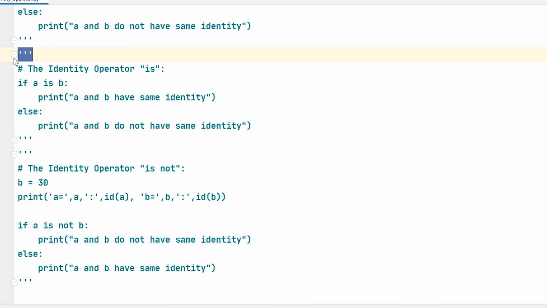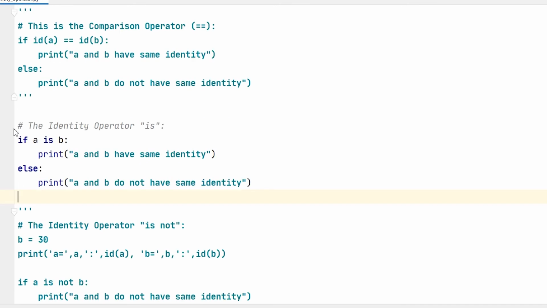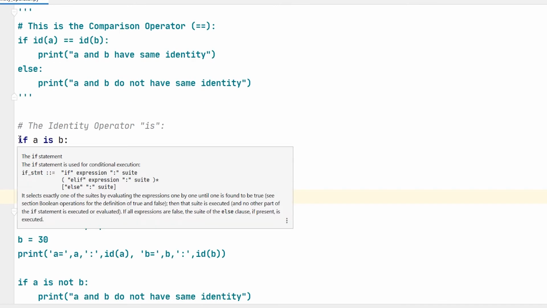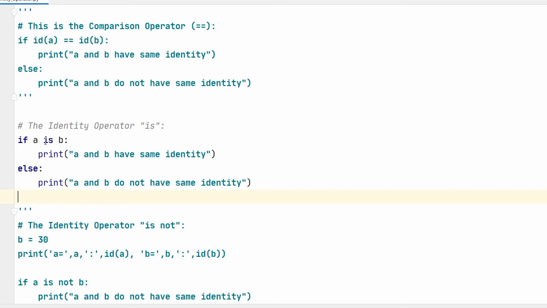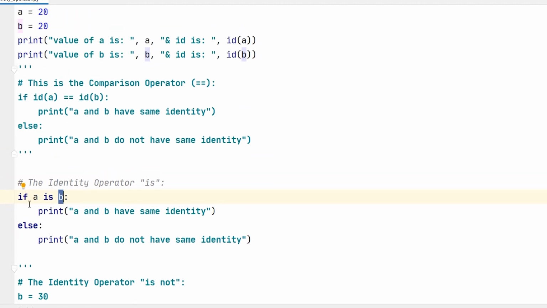Now I will show you how to use the identity operators. I will uncomment this section and here I am using the same if conditional statement. I am writing if a is b. So here is the identity operator, which checks the id of a and b, and in this case we need not write the id function in front of the variables.